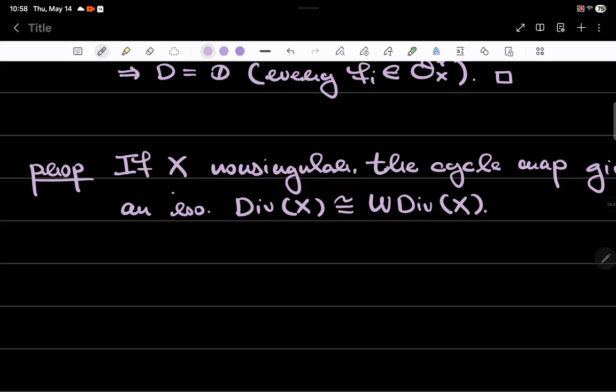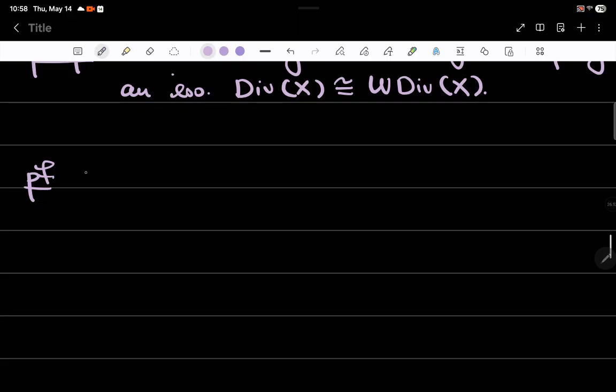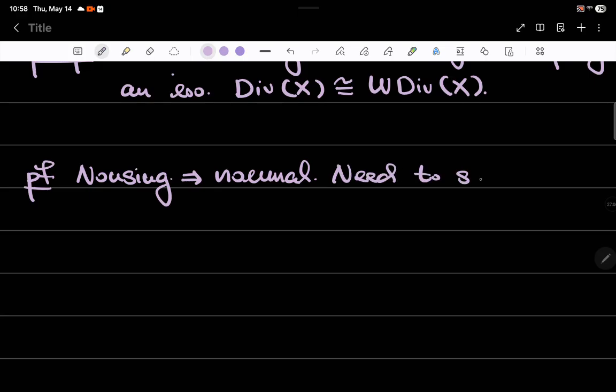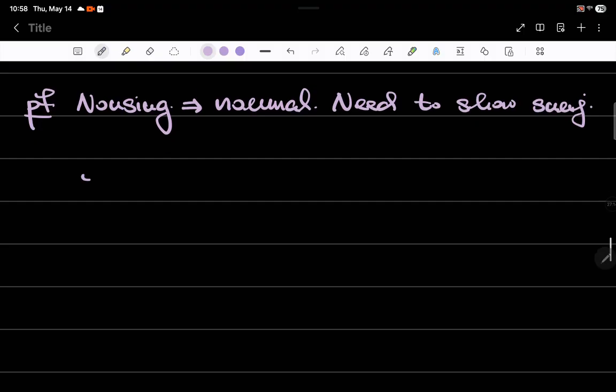So I'll go through the proof, and we only need to show surjectivity. Non-singular implies normal. So we only need to show surjectivity. So I'll let V in X be an irreducible codimension 1